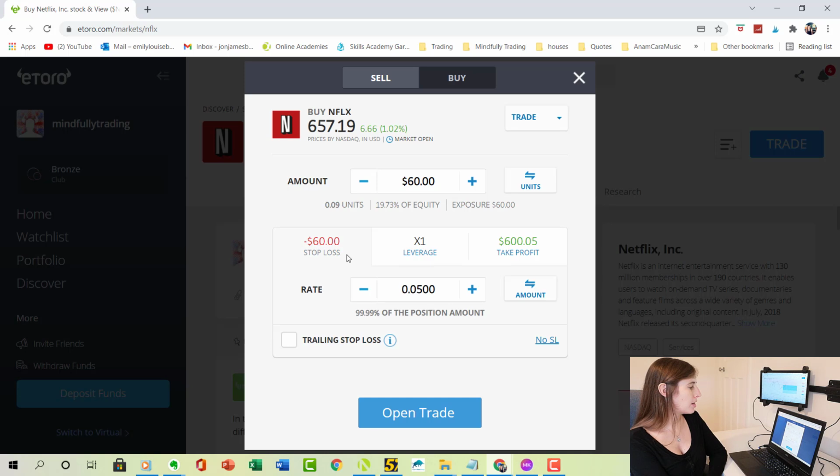here. So I can click on stop loss, and you can either change this from percentage value or the actual monetary value. So let's say that you want to buy $60 worth of Netflix, but if at any point your investment is down 50%, you could set a stop loss. So once you get to that level, it will get you out of the trade just to save losing any more. But it's optional, and for me, I wouldn't actually use this